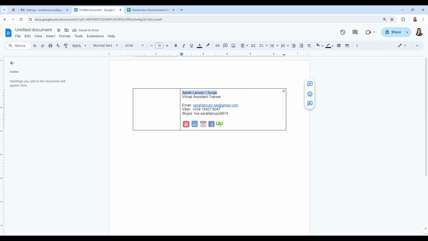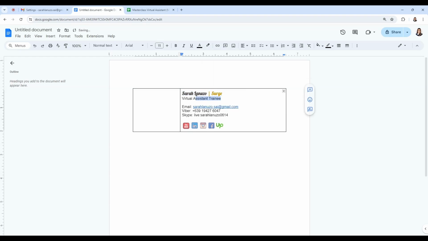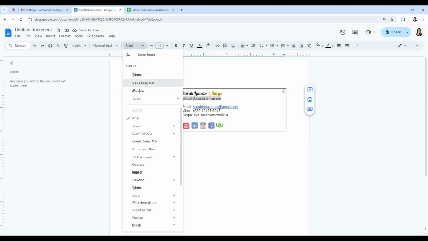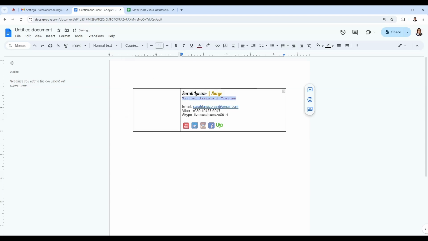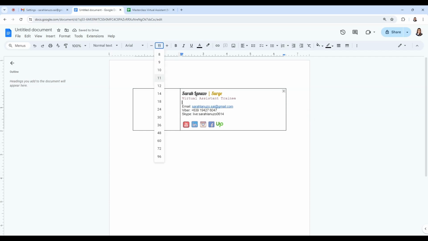And then we have to change the font size. So I will use, I guess this is much better. And I will change this into that one. And I will also make a small font here.